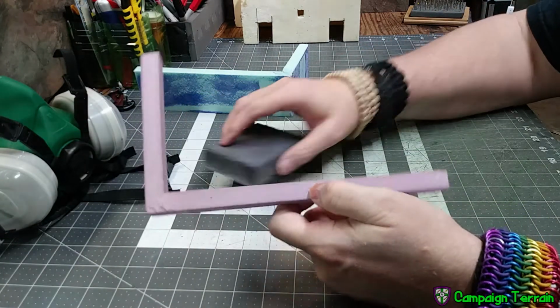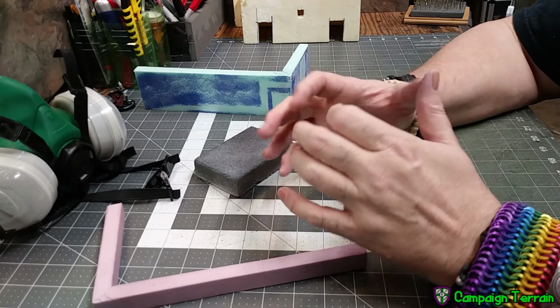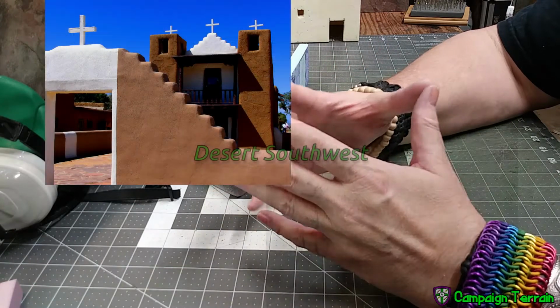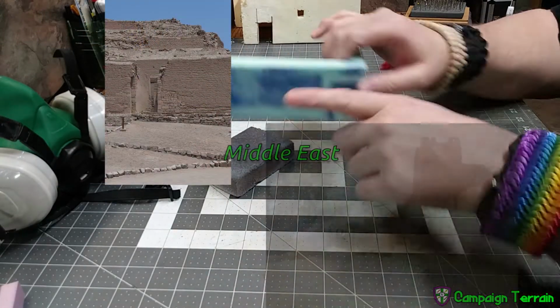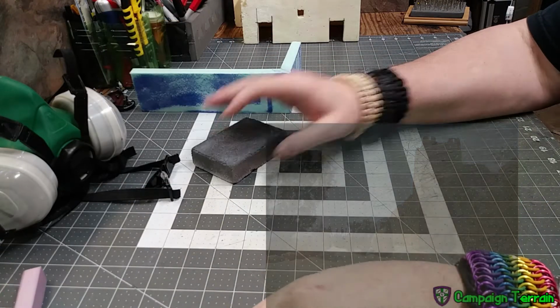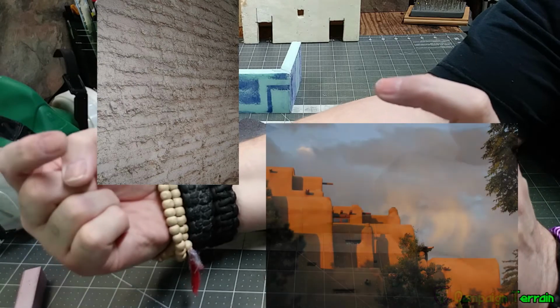And the reason I'm doing that is the way these are designed, I would think that they have a little bit rounder tops to them. You get to see them a lot that way in the desert Southwest in the United States. Some of the Middle Eastern countries have a little bit sharper edge right at the top of the wall. So the way these are made, I'm going to be putting some pictures up here